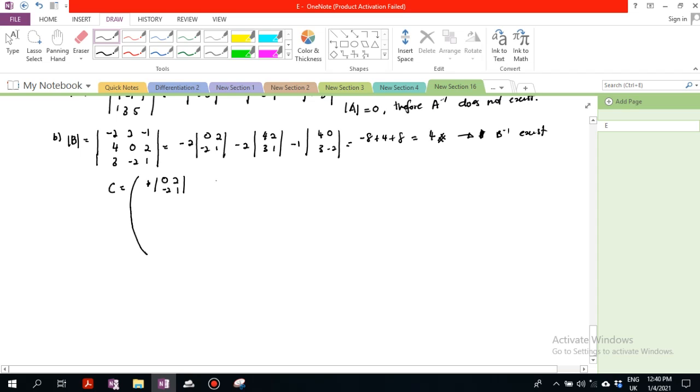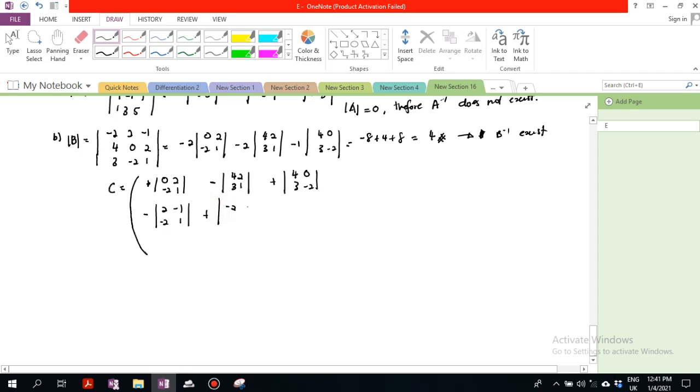Then the second one is negative, the matrix remaining is 4 2 3 1. Then the third one will be positive, 4 0, 3 negative 2. Then the second row will be negative, the remaining is 2 negative 1, negative 2 1,